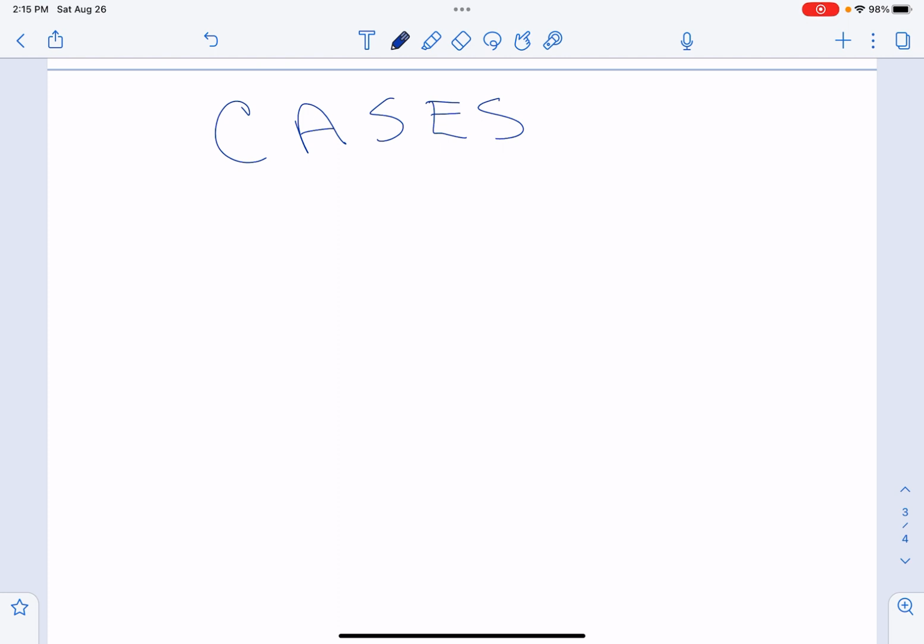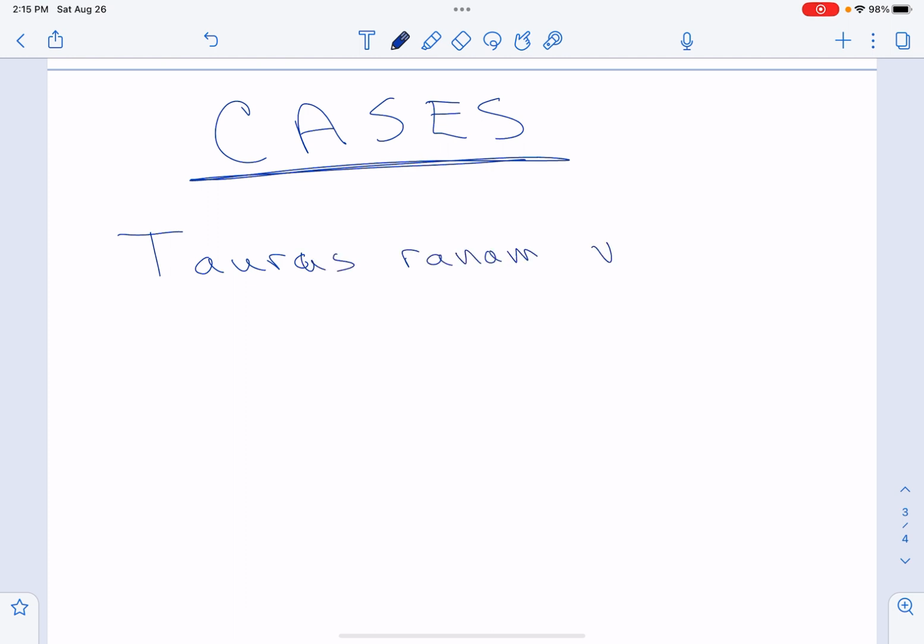And I'm going to change up this order a little bit because now we've talked about declensions. Before I give you a bunch of endings, I want you to understand kind of what those endings mean. So nouns, when you add different endings to nouns, you change the case that they're in. So typically speaking, when you're looking at a noun in a sentence, so if I were to write that sentence we had before, Taurus, Ranam, Videt,